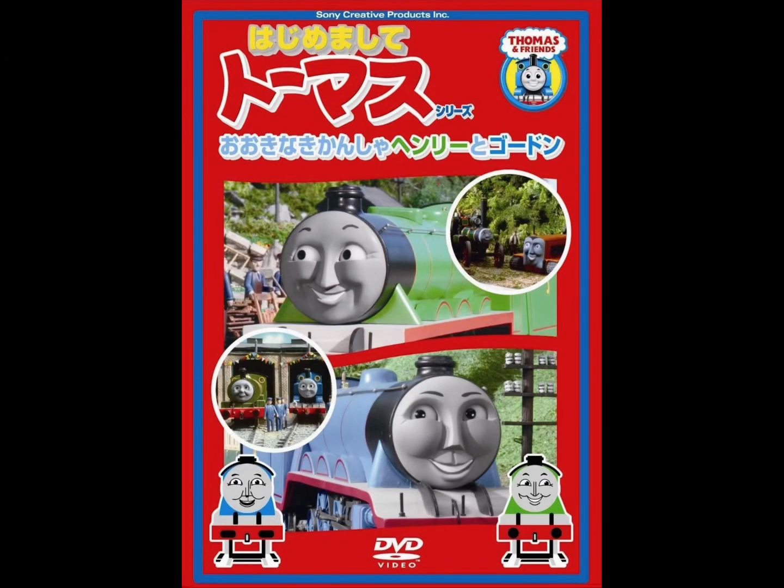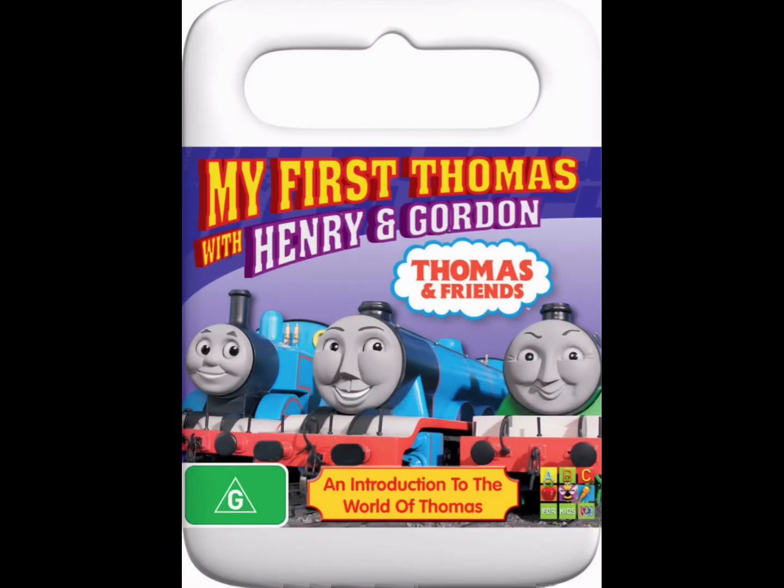My First Thomas with Henry and Gordon was originally released in Japan on March 18th of 2009, distributed by Sony Creative Products Incorporated. Then on August 5th of 2010, it was finally released over in Australia, distributed by ABC for Kids. Now that we've got the history part out of the way, let's jump into my copies of My First Thomas